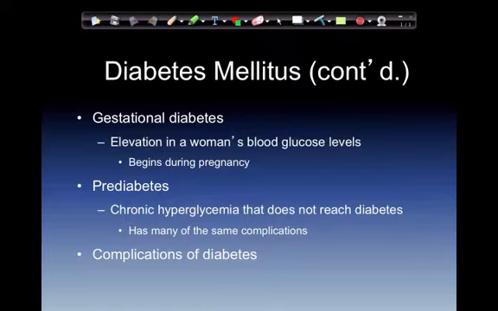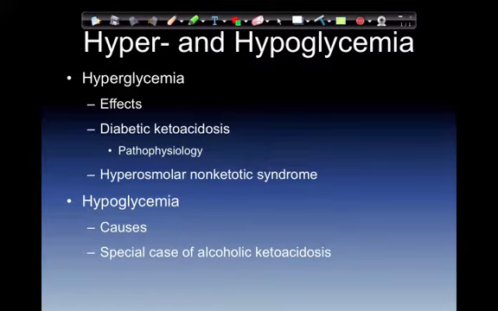Complications of diabetes, abnormal metabolism secondary to diabetes, can have a number of negative systemic impacts, including disease in the cardiovascular system, neurological system, and renal systems. Hyper and hypoglycemia, the effects. Whenever we are hyperglycemic, we get the polys. So we get polydipsia, polyuria, and polyphagia. Polydipsia is increased thirst. Polyuria is increased urine production. And polyphagia is I'm hungry all the time, constantly hungry.